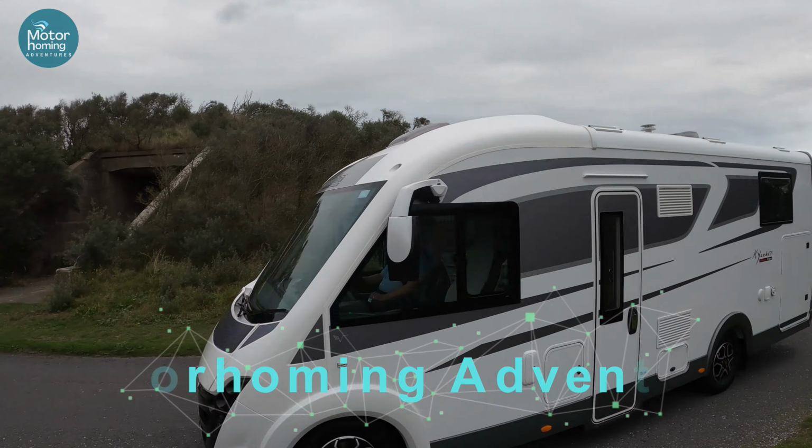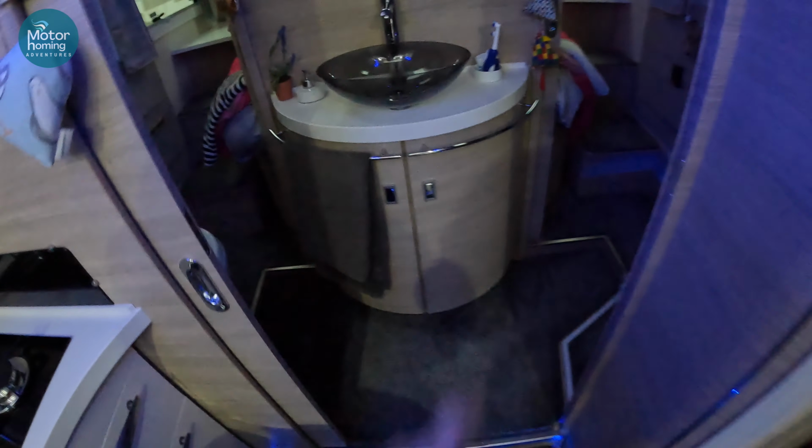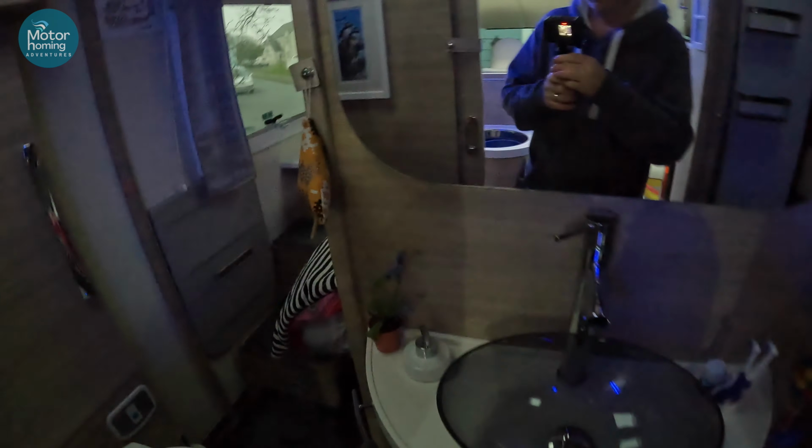So, mats are out, wet weather protection. It's been about 3 or 4 weeks since we've moved the van. So I've been going round closing all the cupboards, because let's get a bit of light in here. I left all the cupboards open, left the bed down, the bottom cupboards open, the fridge open, the bathroom cupboards open, absolutely everything,